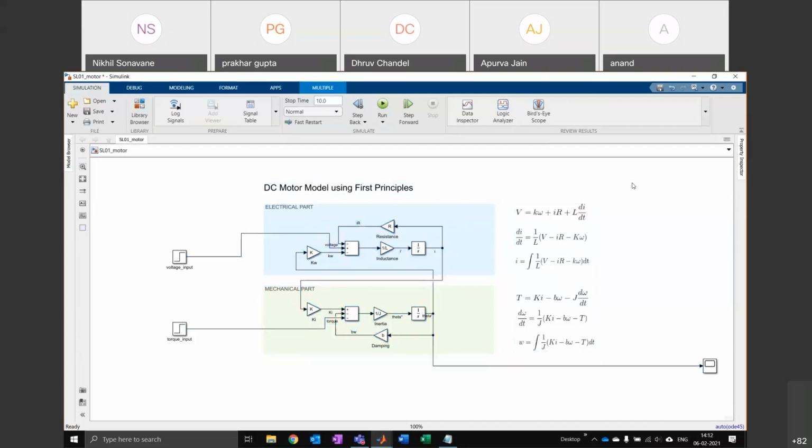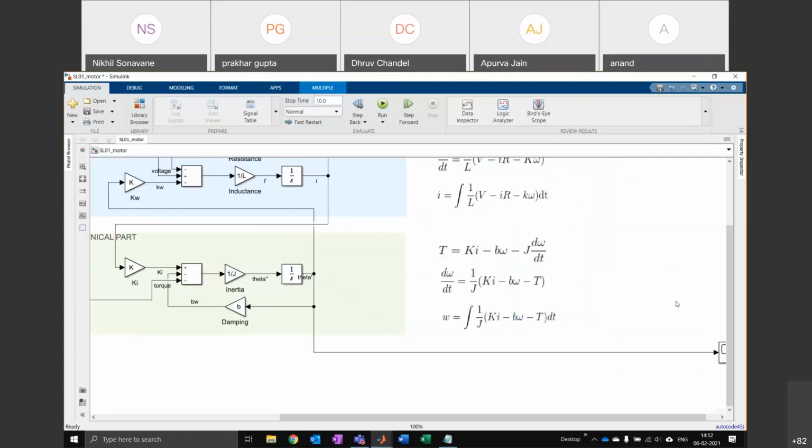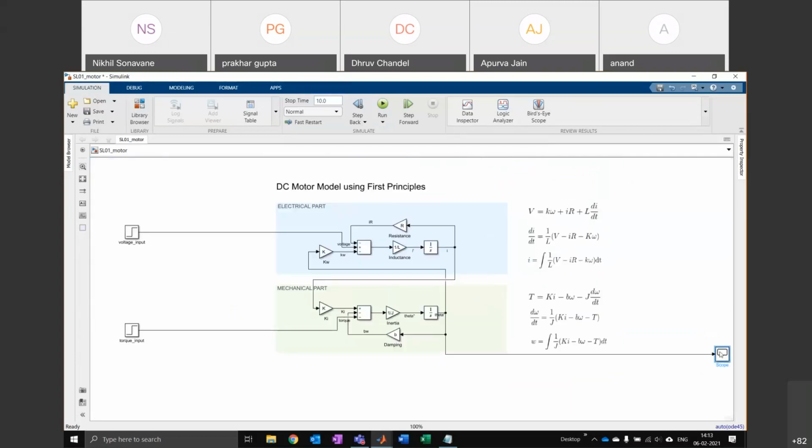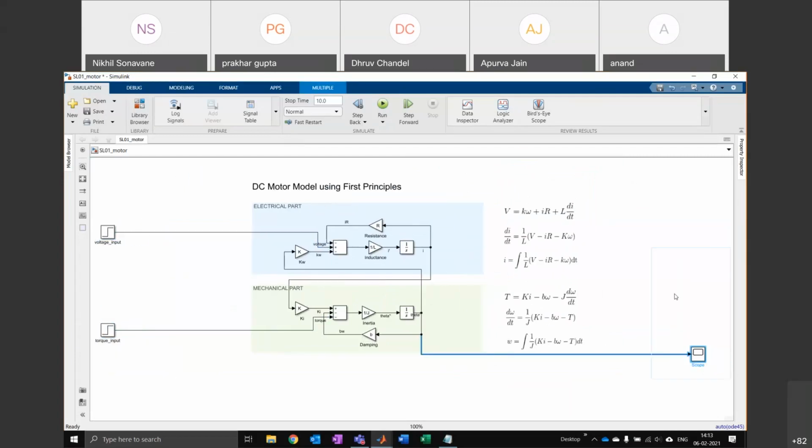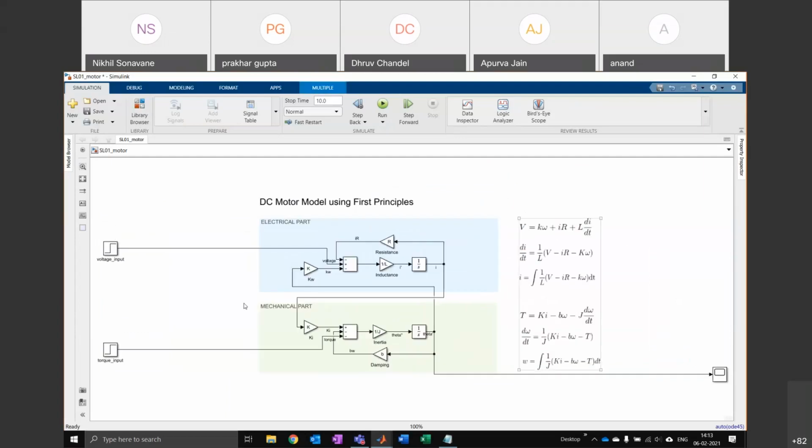Okay. So what I want you to do is move the input blocks a little bit farther to the left side, put all this in the middle, and then move your scope block way out on the right hand side. So move your inputs to the left, move your output to the right. You can press spacebar if you just want to center your model.